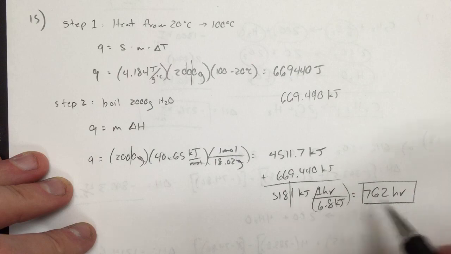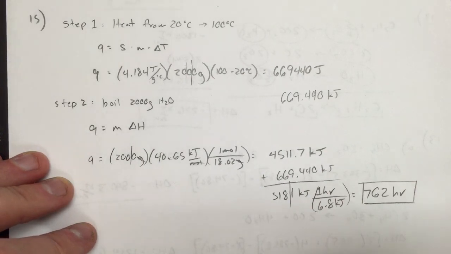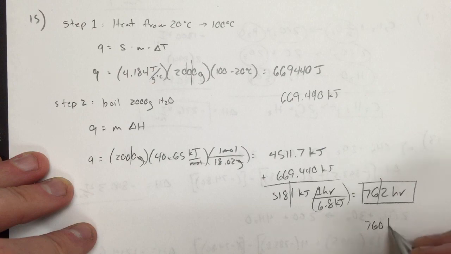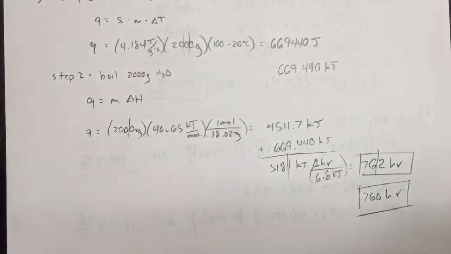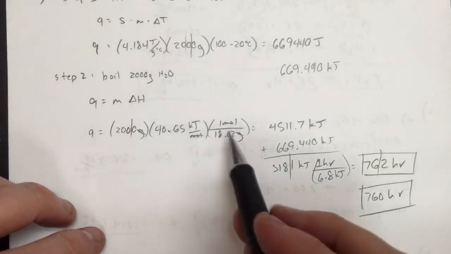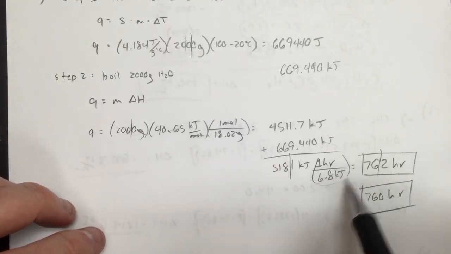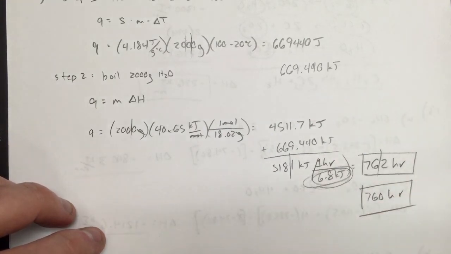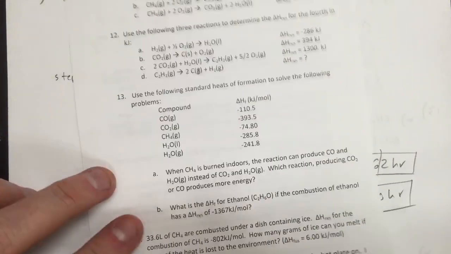And in order to figure out how much time it would take, we have to use the conversion, the 6.8 kilojoules per hour, and we find that it takes 762 hours, and this should actually only have 2 sig figs, so that should be 760 hours, which is a hugely long time, which, yeah, it's because hot plates can transfer way, way more than 6.8 kilojoules per hour. That's like maybe 6.8 per minute or even less. So water boils very fast on those. And that's it. That's number 15. Okay. So